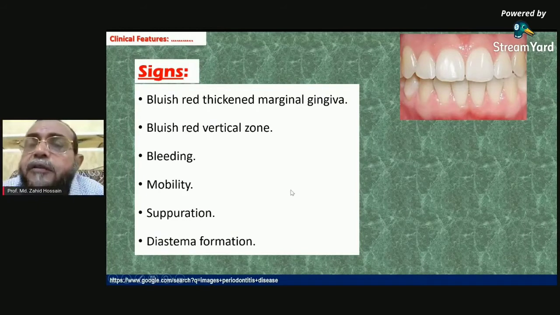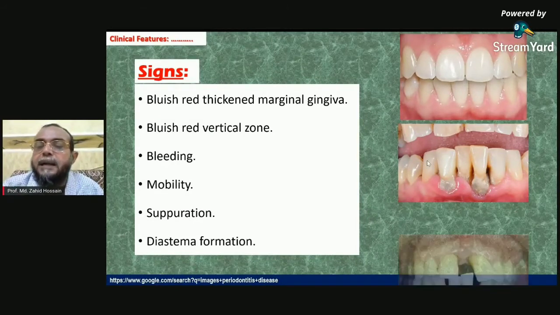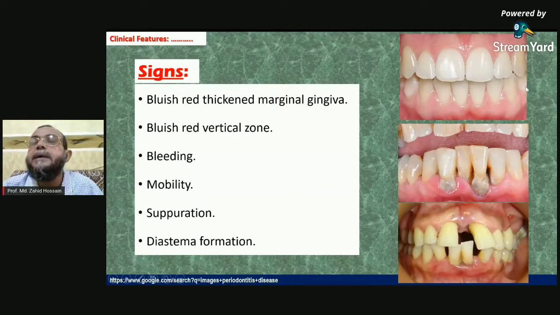For gingivitis, usually you find a red color. But for periodontitis, you will find a bluish red color. It is different from the color of gingivitis. So you have to know, practice and be experienced to differentiate the gingivitis color from the periodontitis color. This is the normal gingiva color, coral pink, but for periodontitis the color is not so much reddened. You can find a little bluish hue, because the tissue is lost, and at the deeper level, if you enter the probe, you will find it.